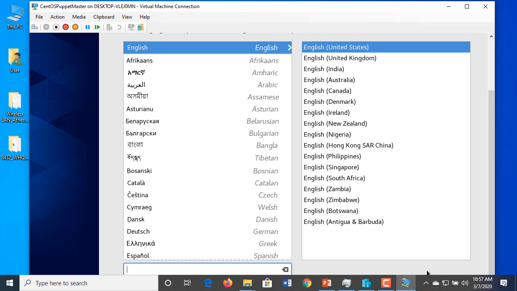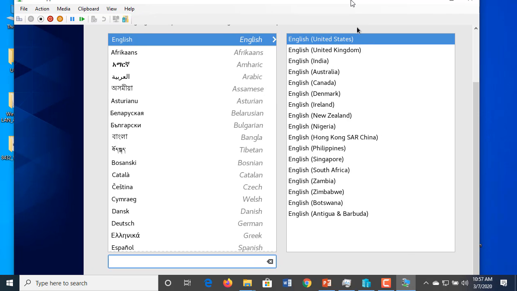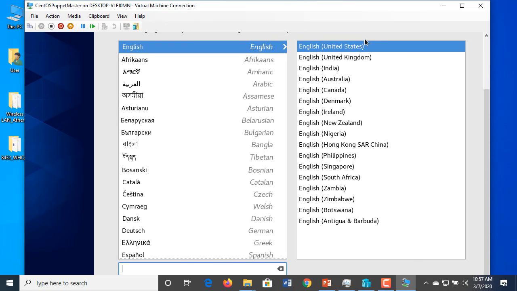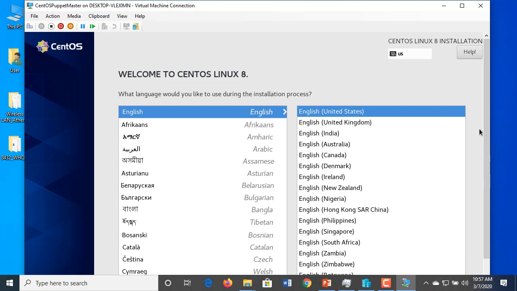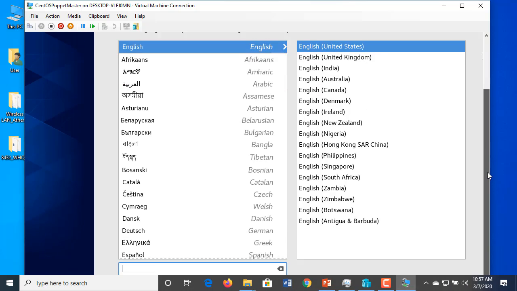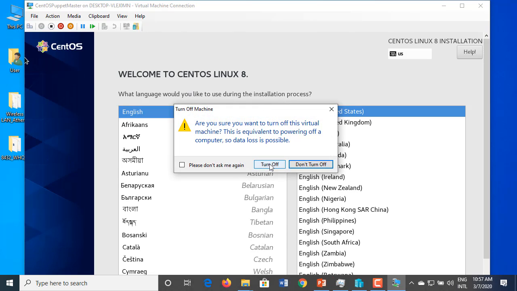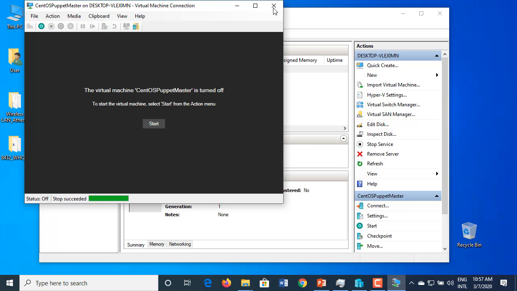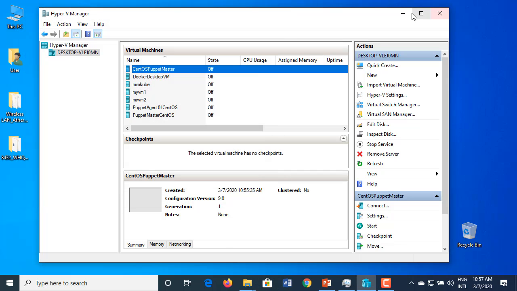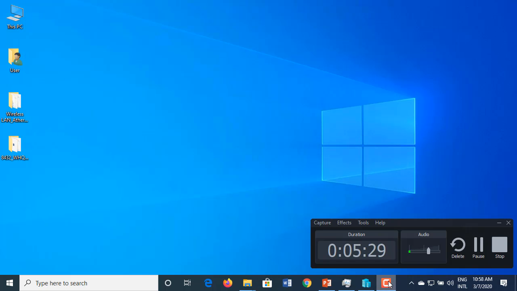Okay, so here we go. I don't see the bottom part of the screen. I have no chance actually to hit the continue button. That's why I will stop this installation, turn off this machine, stop this recording and switch the resolution to full HD and continue from there. Otherwise I won't be able to install the machine. Okay, I'm stopping this right